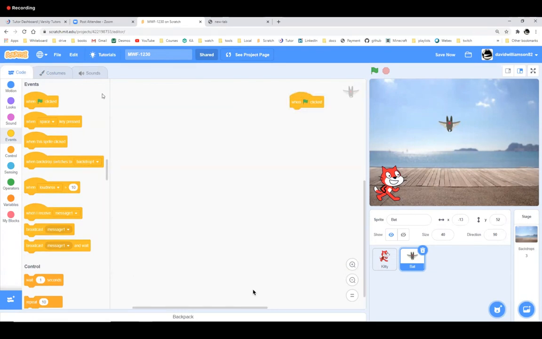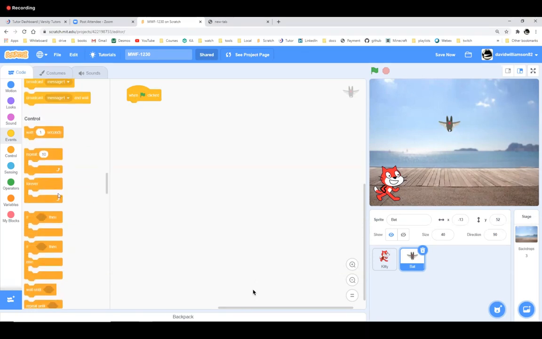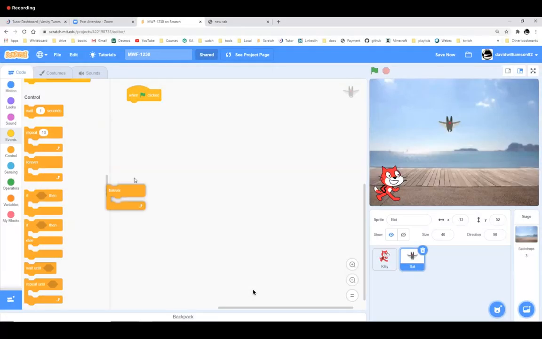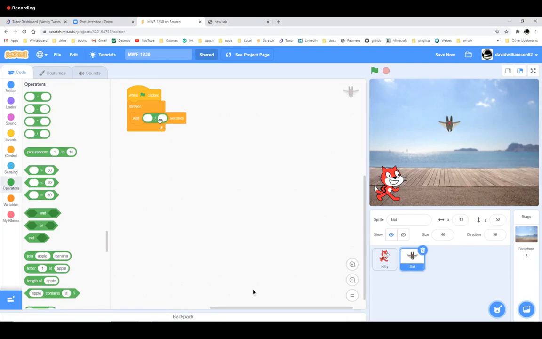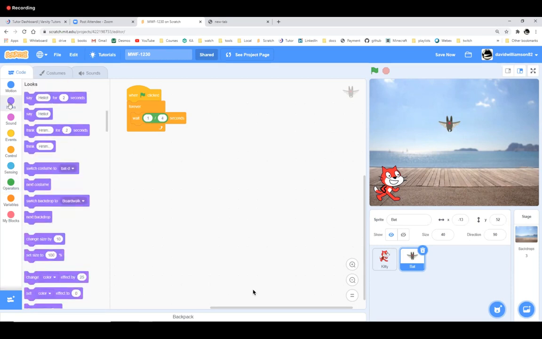When I click the flag, inside of a loop that goes on forever and ever, I'm going to wait 1/4 of a second. So I'll grab my division operator and say 1 in the numerator and 4 in the denominator. And now I'm ready to go up to my looks blocks and say next costume.